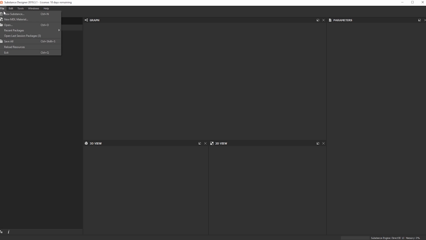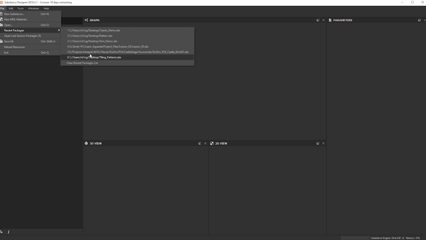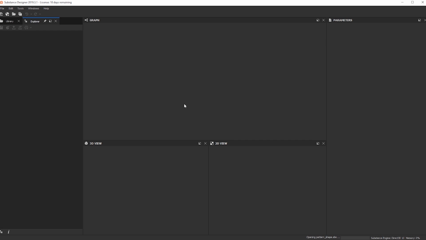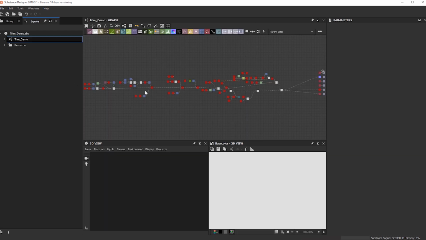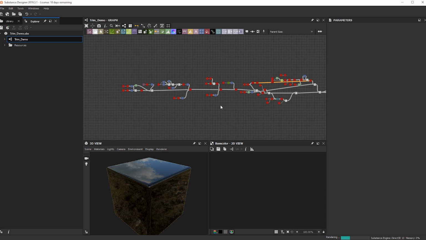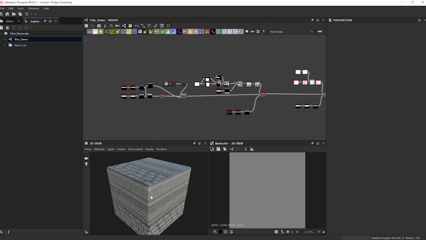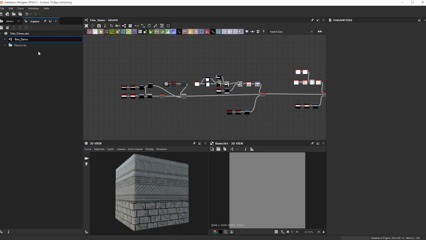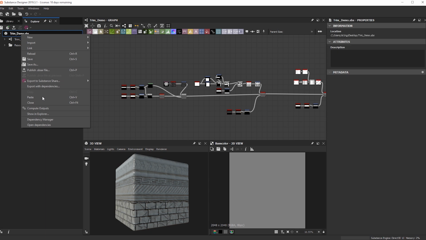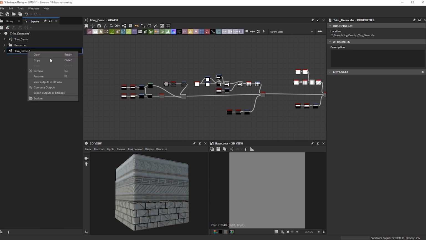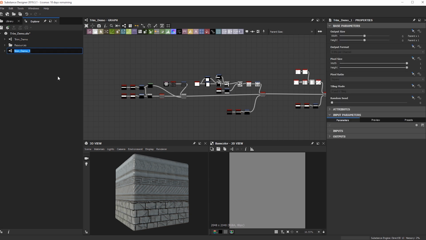So to begin, I'm just going to open our old package from our last demo. I'm just going to open up a trim demo here. Cool. So the first thing I want to do is keep our original trim intact. So I'm just going to duplicate this guy and keep it in the same trim demo package. I'm just going to hit copy and paste, and I'm going to rename this to Trim Demo 02. Let's keep that at 02.